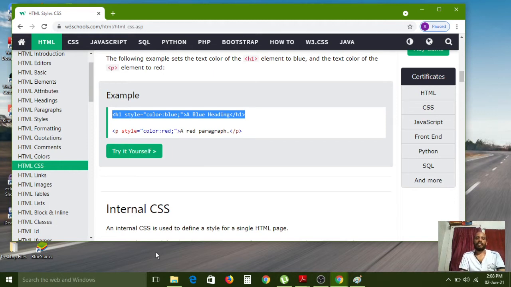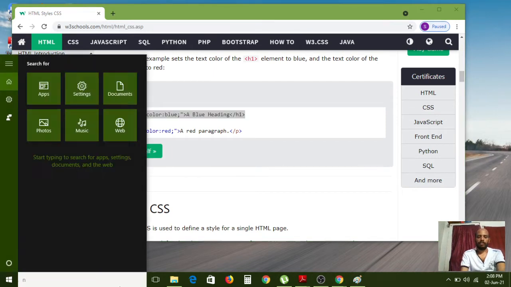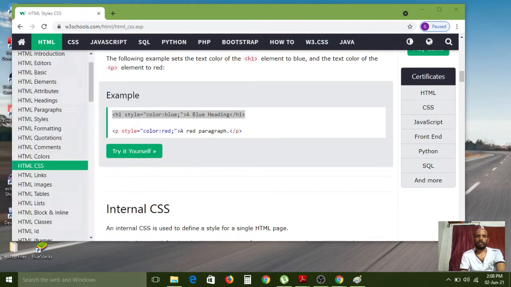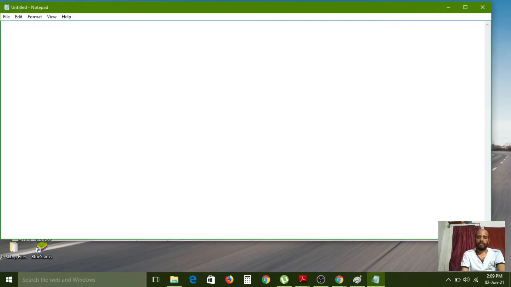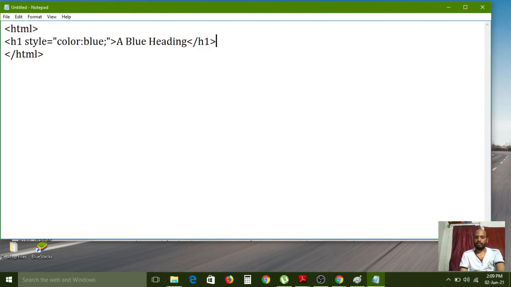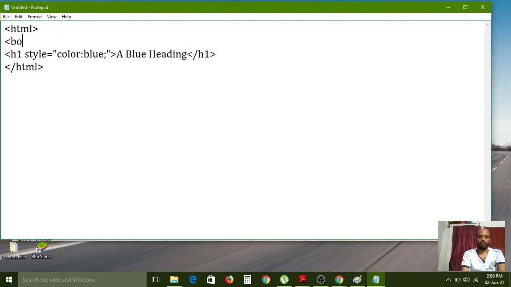Now I have opened Notepad and written the HTML. In this body, here I am also closing the body. All of you carefully observe here. For the h1, a blue heading.